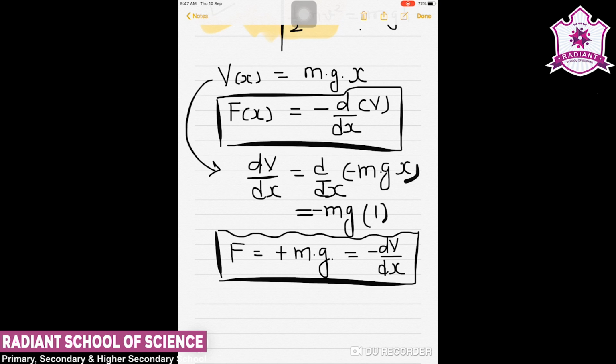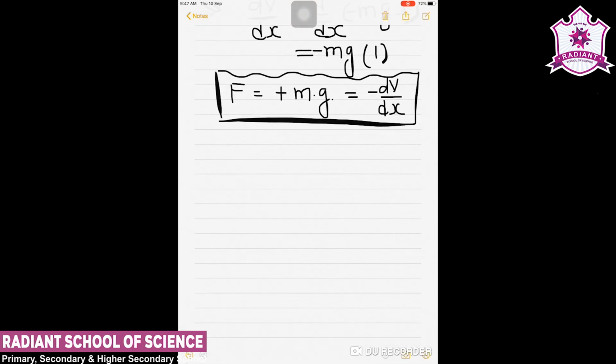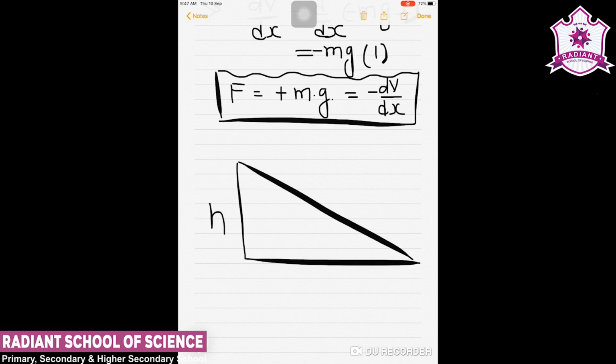So if we consider this height h, and we have to calculate the motion of the ball on this plane, it does not depend on this length or any path. It is just given by the height of it,